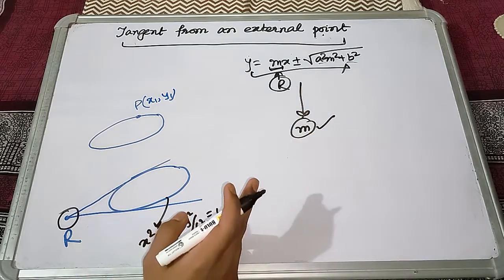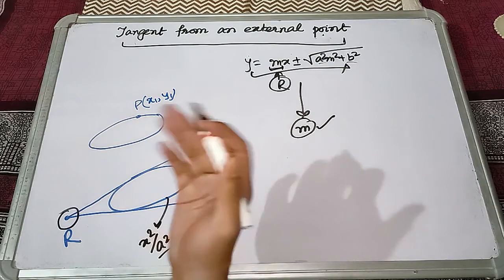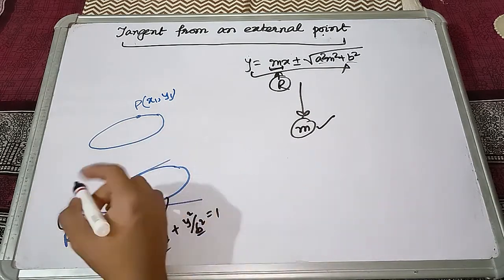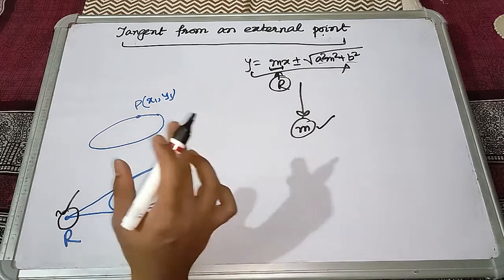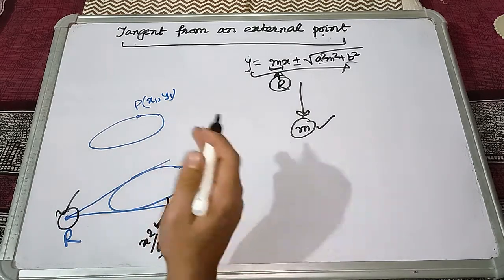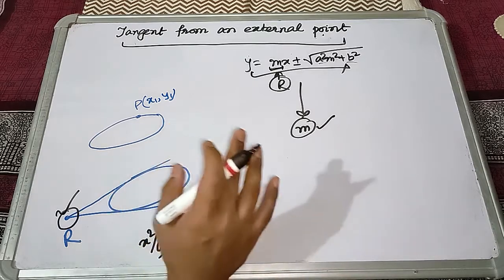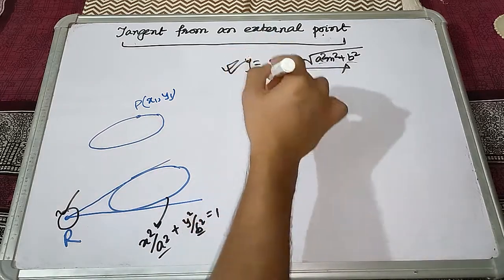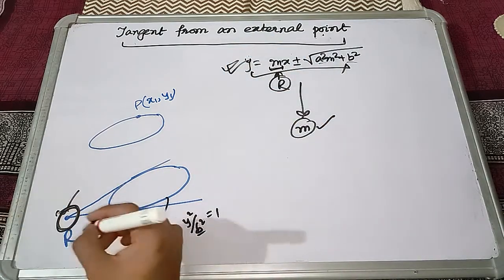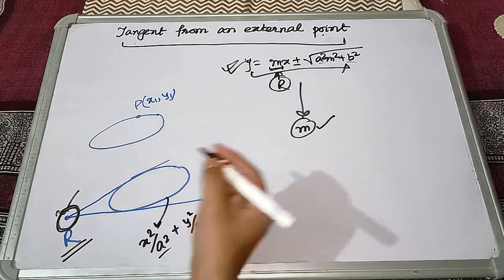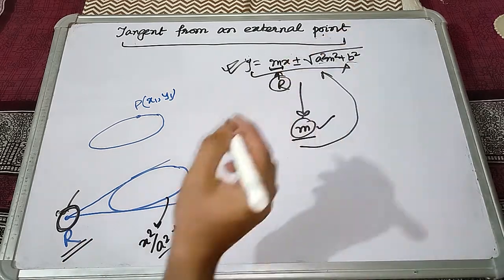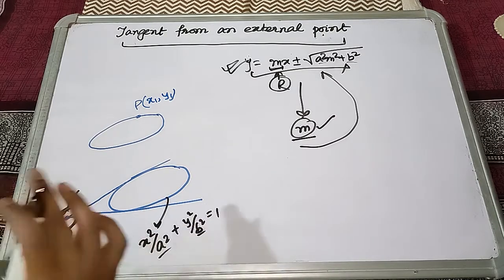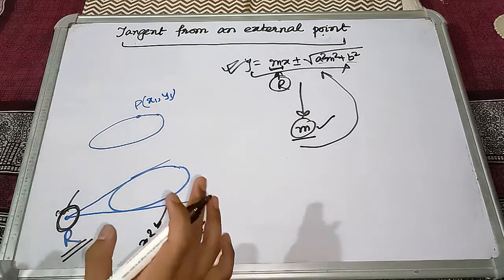However, after solving the value of m and making the new equation, just give it a small check that it surely passes through this point, because sometimes there is a little bit of deviation. So at the end you should check your answer. I will show you what I mean, but I think you got the process. First write the equation of the natural tangent, make it satisfy the point, the external point, get the value of m and frame the equation. So now let us solve one question and get real hands-on experience of whatever theory or idea I have discussed with you.